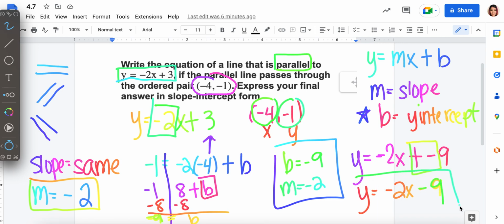And this is our equation that is parallel to this line right here. And we know it's parallel because same slope, negative 2, negative 2. This one will intersect the y-axis at 3, but this one intersects at 9, but they're parallel. Okay, now we're going to talk about